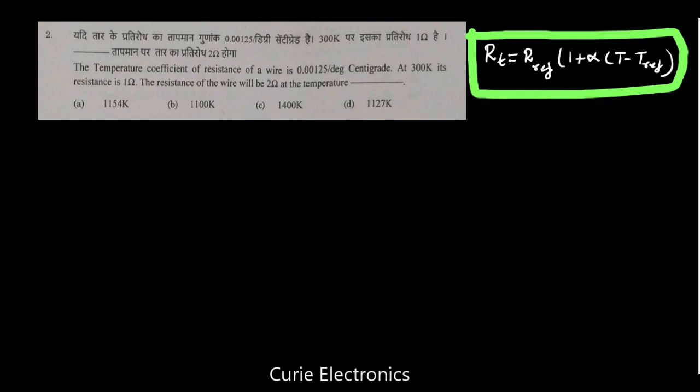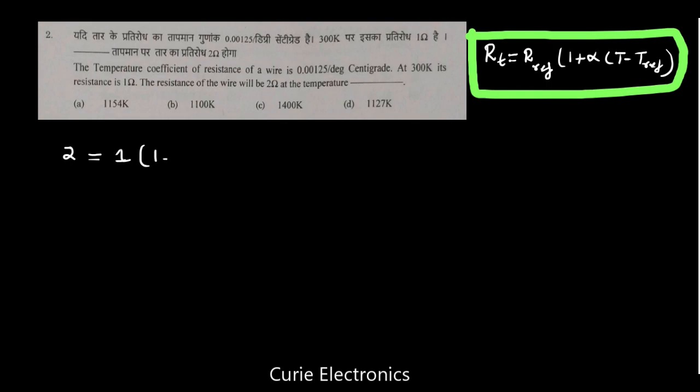Now, so RT, what is RT? He has given us 2 ohm. That is the 2 ohm is the RT here, equals R reference. He has given that the reference resistance is 1 ohm, that was at 300 Kelvin. 300 Kelvin means 27 degrees Celsius. So R reference equal to 1 ohm